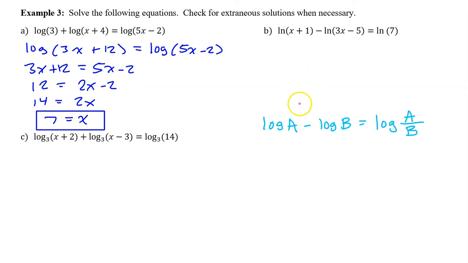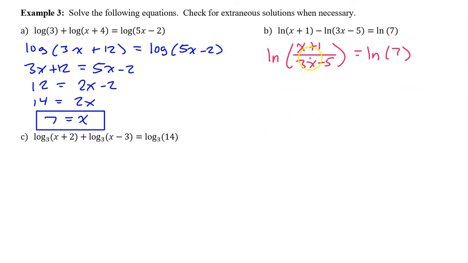Part B. We have learned that the difference of two logs can be written as the single log of a quotient. So we can rewrite this as the natural log of x plus 1 over 3x minus 5 is equal to the natural log of 7. Now that we have a log equal to another log, the argument inside must equal the other argument. So x plus 1 over 3x minus 5